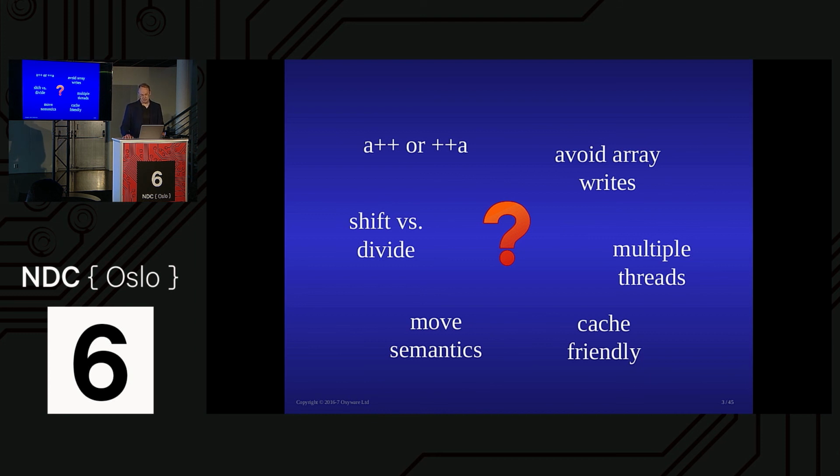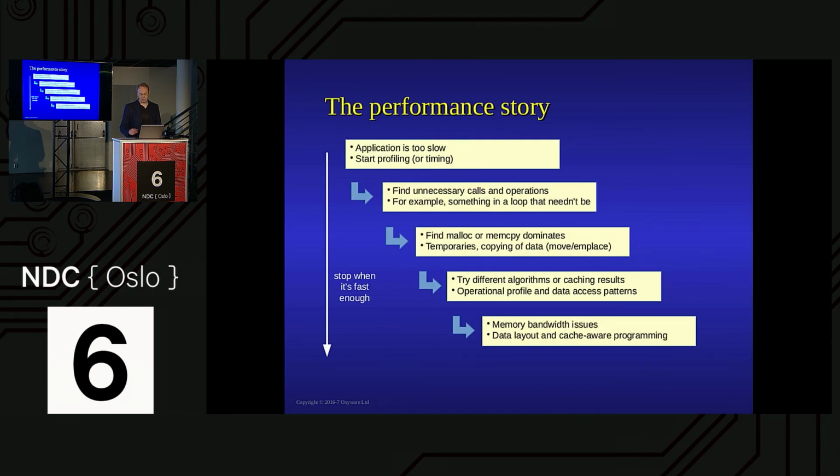So I've been trying to teach people about this or get them to think about this, and I went, well, there's more of a story. And the story goes like this, and this is what I try to get people to think about. You start off and it says, well, your application is too slow. Well, yes, fine. If it's not too slow, then that's the end of this one, and we'll just all go to the bar right now. So you start profiling, you start timing it, you go, well, what's going on? And what I usually find is that the first thing at that next level is you're doing something silly.